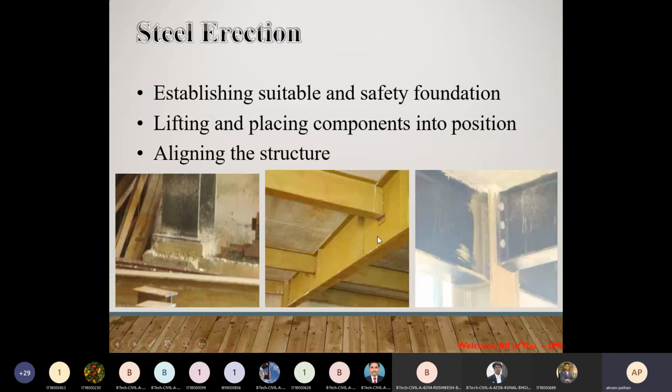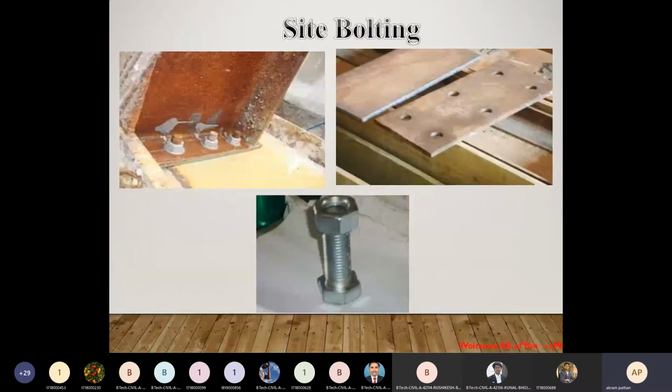So as a steel designer, all authority goes to the steel designer. So as per the design, you can erect, you can assemble, and you can align the structures as per the design criteria. Then these are the, you can see, the side bolting. So look at this plate, it has certain grooves for the nut and bolt arrangement. So such plate we can use for the purpose of